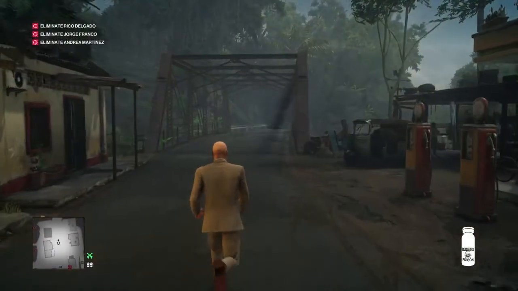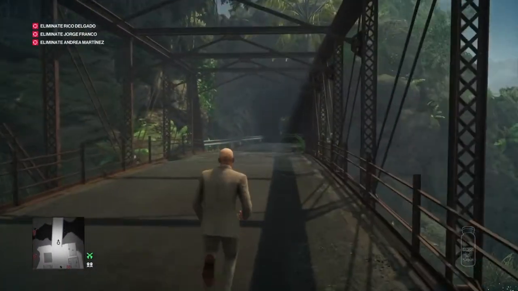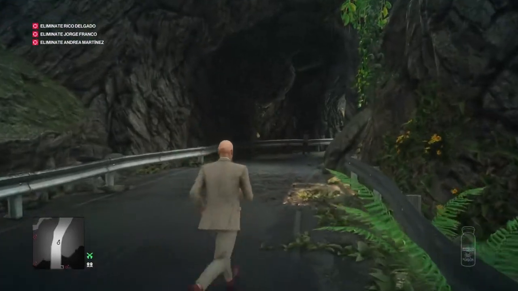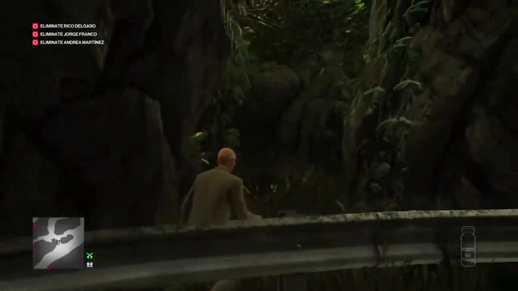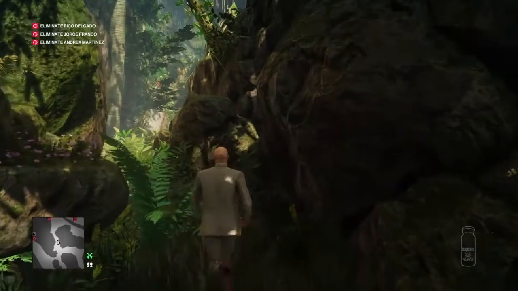And then we're going to exit the building and head round to our left, across the bridge and into the jungle area underneath the mountain tunnel. So once we're across the bridge and we enter under the mountain, we will be able to veer off to our left and follow the path round to our left, where we will come to a small clearing with a